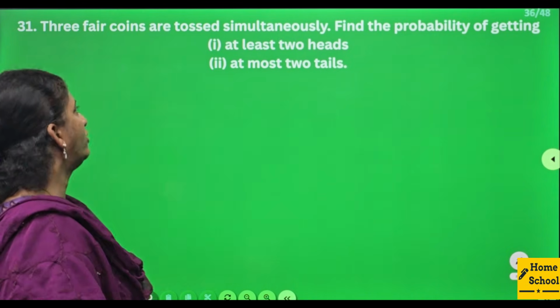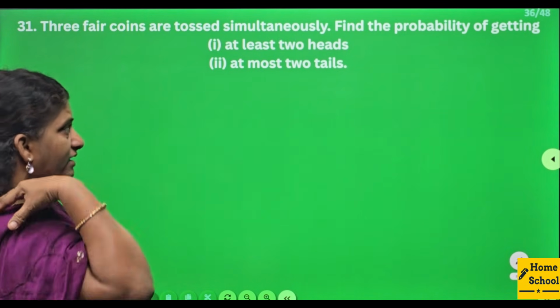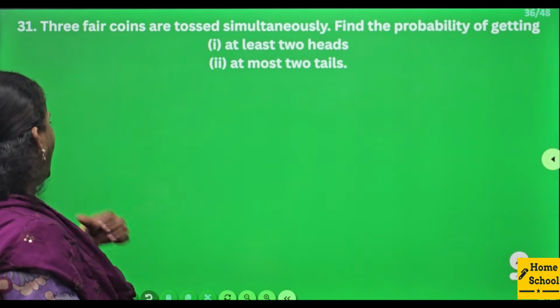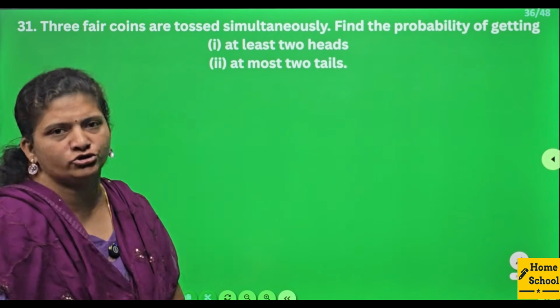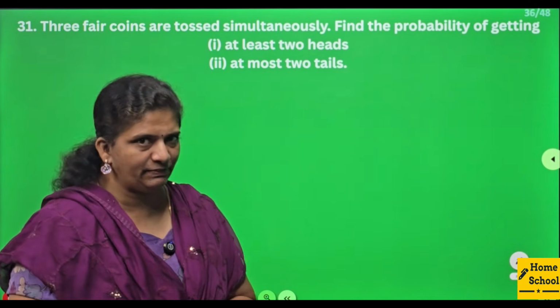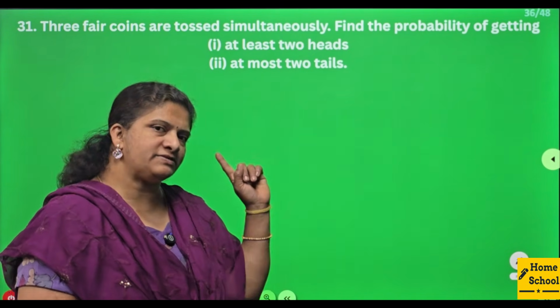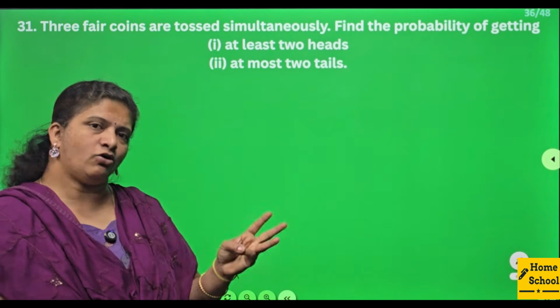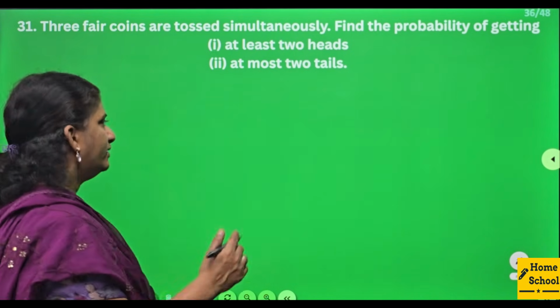31st one, 3 fair coins are tossed simultaneously. Find the probability of getting at least 2 heads, at most 2 tails. So in probability, first we need to write the sample space. To write the sample space, what do we have here? 3 coins are tossed at a time. That means